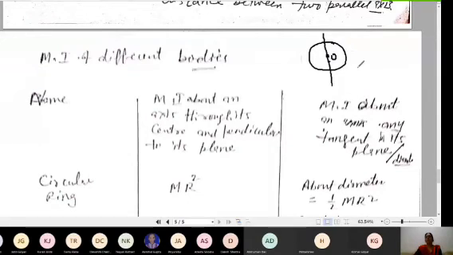So this is the ring with me, and I know this axis which is passing through its center and perpendicular to it. This is given to me as mr square. These standard results will be given to you. I want to find it about its diameter, this. So both the diameters are perpendicular to this.